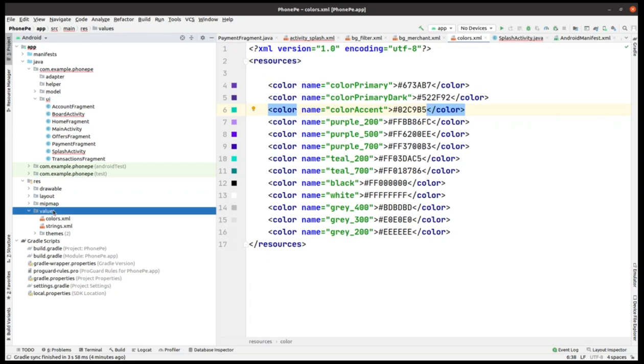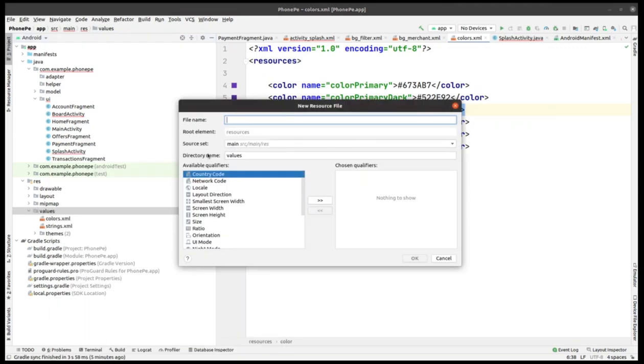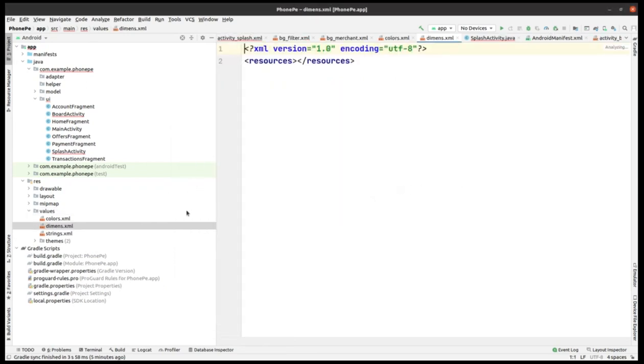Now we have to create a dimension XML also, for managing the dimensions. So we have to create a values resource file by right clicking there, go to new, then create it. Okay, here you have to give the name of this file. So I have given it the name as dimens. Okay, so now what I'm going to do next is, we have this and within the resources part we have